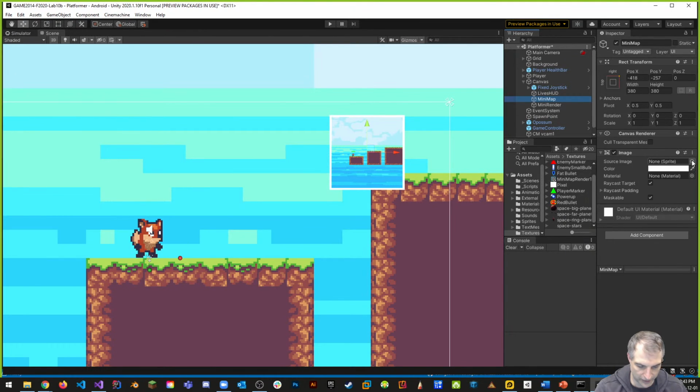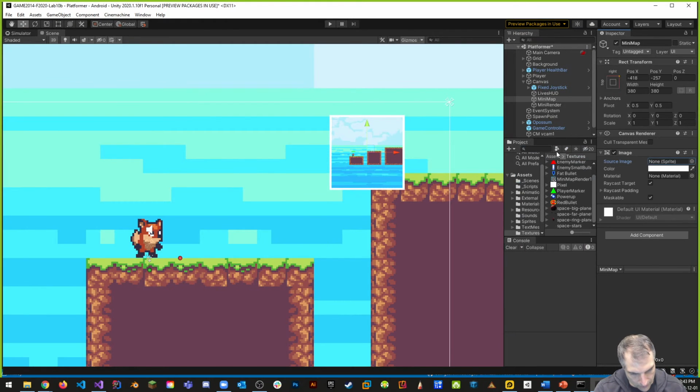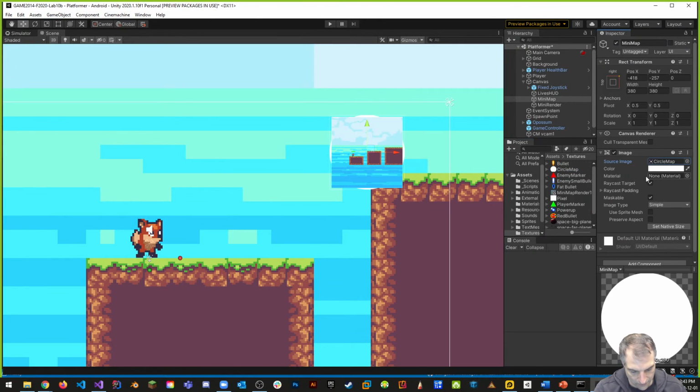All right, so going back to that Minimap, you can have different source images, and let's use one of the source images I gave you, which is a circle. So inside of your assets textures, I gave you a circle map. Let's drag that in, right? So notice that the circle map is kind of outside the area of this thing, right? I want to duplicate it. So here's my Minimap. I want to duplicate this one. So Control D for duplicating. And now we're going to do this so that it is here. So there's two. There's a Minimap, and there's a mini render,